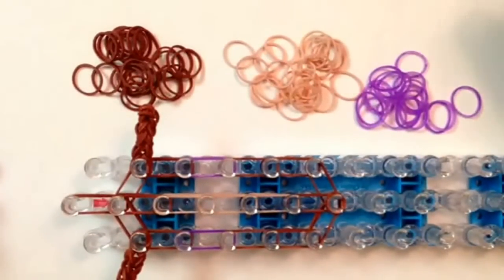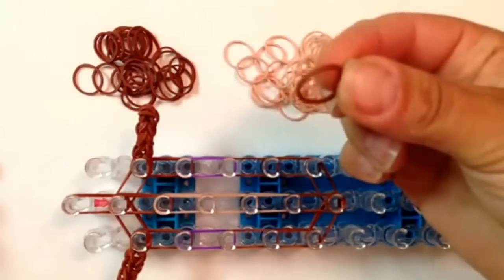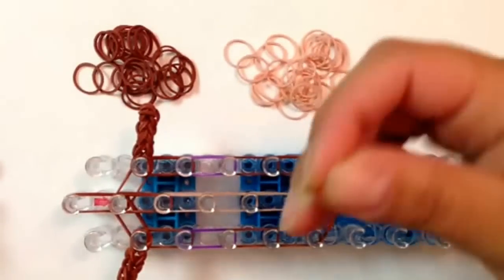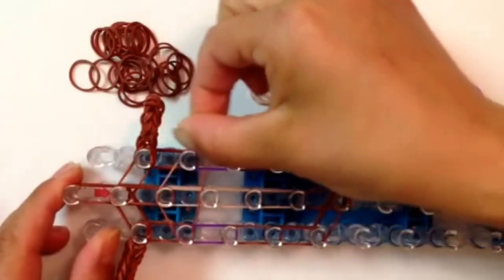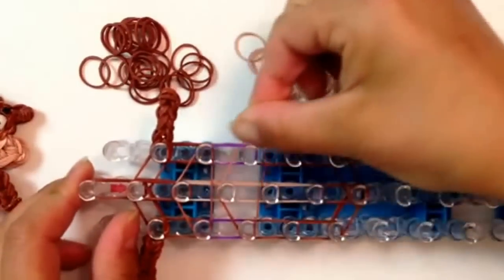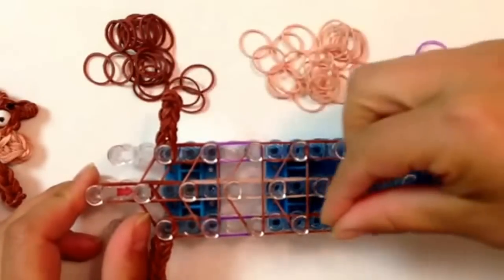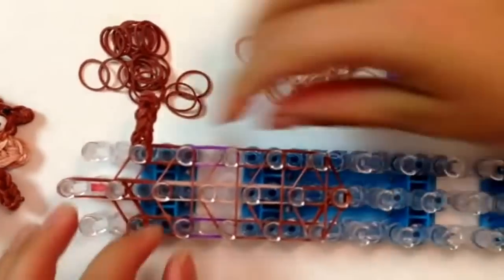Now I'm going to use holding bands, and I'm going to use a single, and I'm going to do triangle. The color that I will be using is my dark brown color, and I'm going to use that all the way down. So you can choose the colors that you would like. You really don't see anything through. So I am just going to use my dark color and go down 4 times triangle bands. Now I'm going to push my bands down,